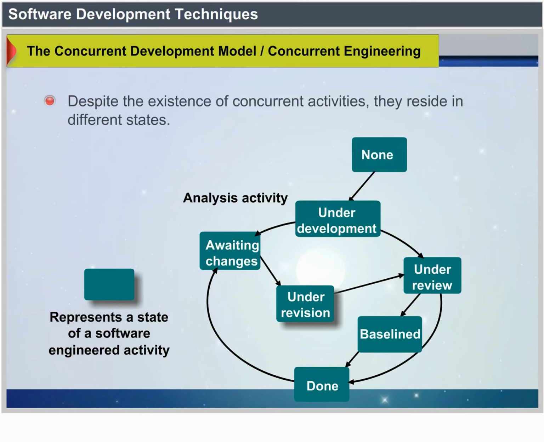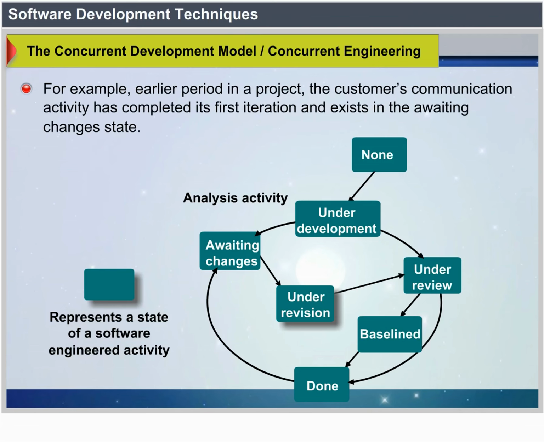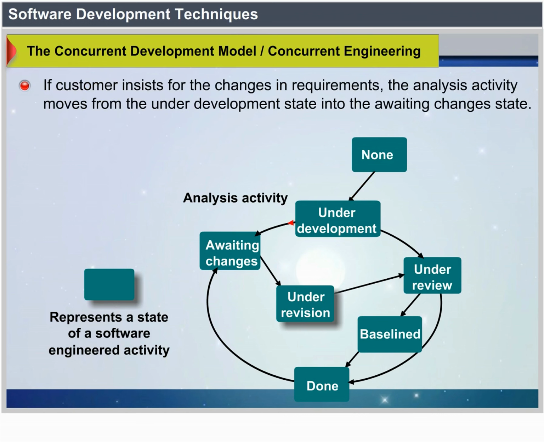All activities exist concurrently but reside in different states. For example, early in a project, the customer communication activity has completed its first iteration and exists in the awaiting changes state. The analysis activity, which existed in the none state while initial customer communication was completed, now makes a transition into the under development state. If customer indicates that changes in requirements must be made, the analysis activity moves from the under development state into